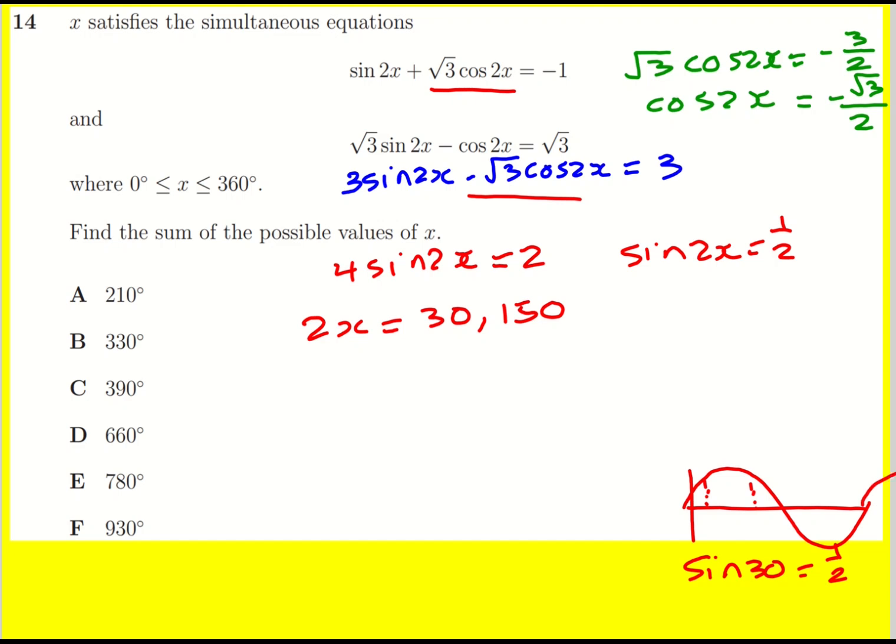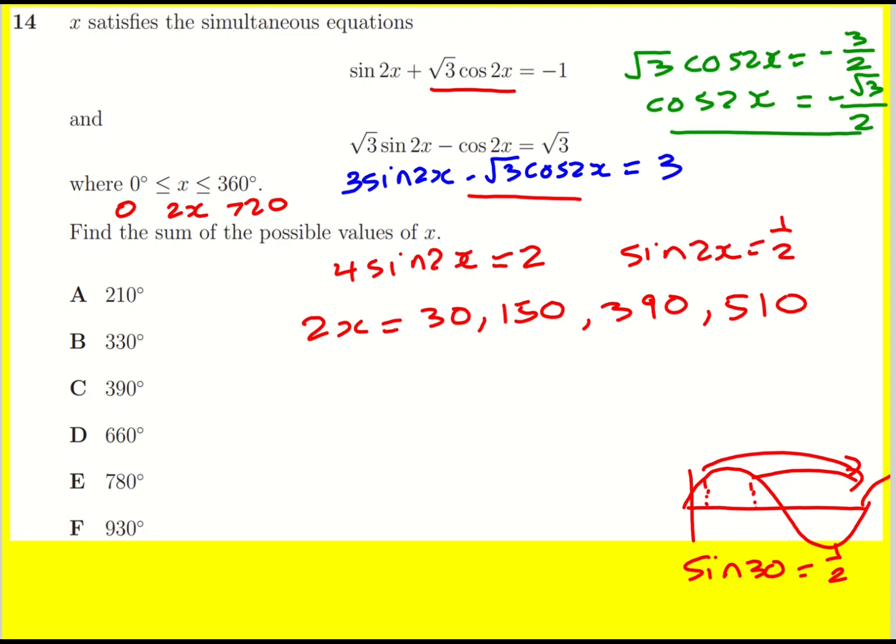And I get other solutions by then just adding on 360. So 390 or 510. I should have said at the start, actually, the range is going to be between 0 and 720. So that's it for 2x. Just got to now deal with the cos 2x equaling minus root 3 over 2. It's a little bit more awkward without a calculator to deal with that one, but cos 30 is root 3 over 2. And if I draw the cos graph,